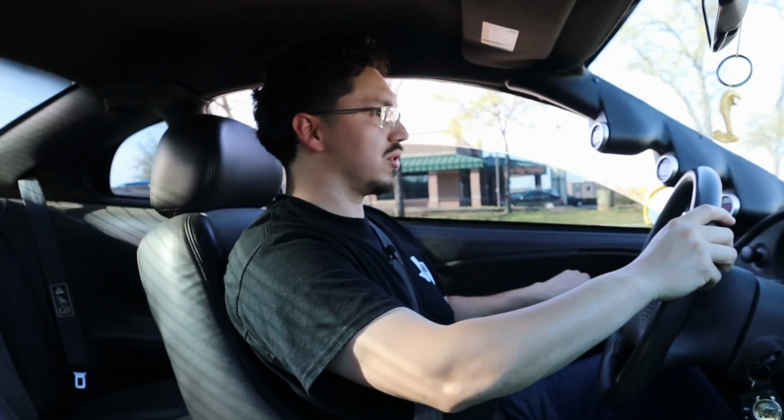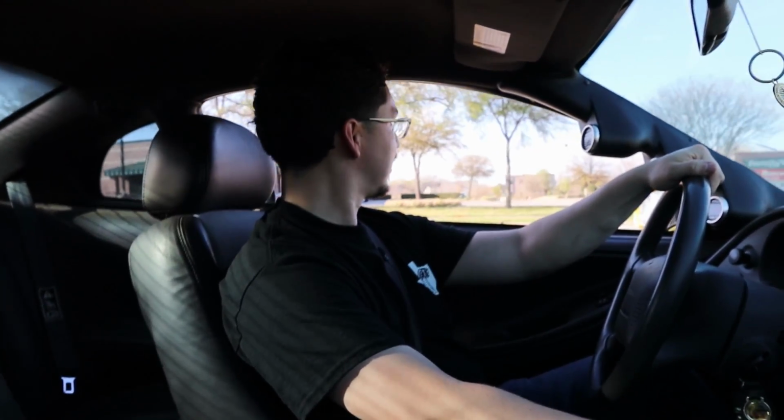And by the way, this car has the famous Stage 3 Comp Cams that people always talk about. Part number like 104600, something close to that. These are known to chop the loudest out of a lot of other cams out there, except if you go with a custom grind. But these are probably one of the best chopping cams off the shelf that you can get for these cars. So I'm gonna go ahead and put the window down a little bit, kind of get more sound out of it,